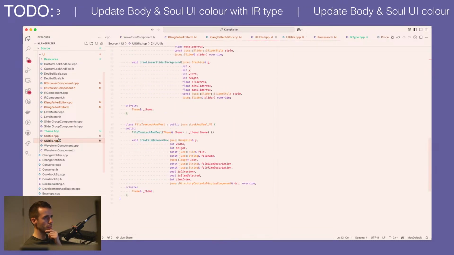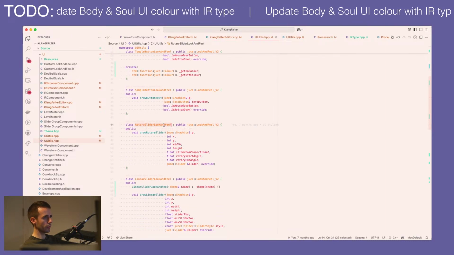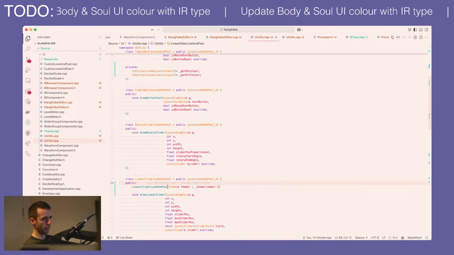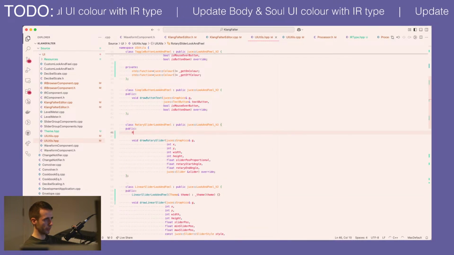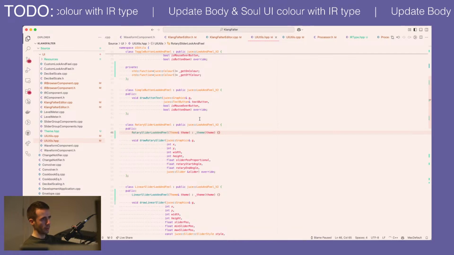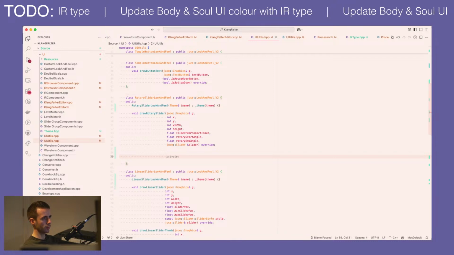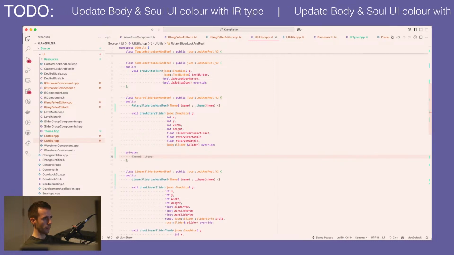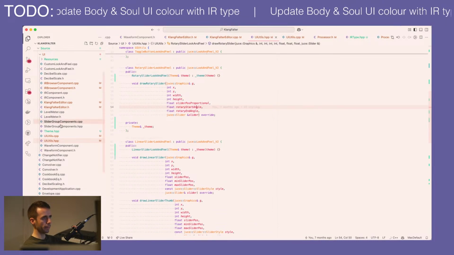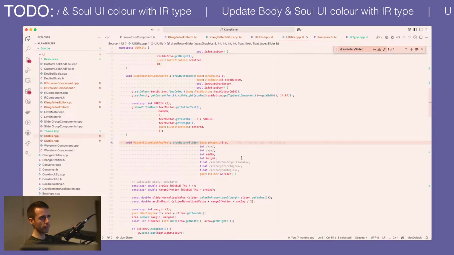So where are those? So, another look and feel. We need a new constructor where we can pass in our theme reference. Store that. And then in the draw method,